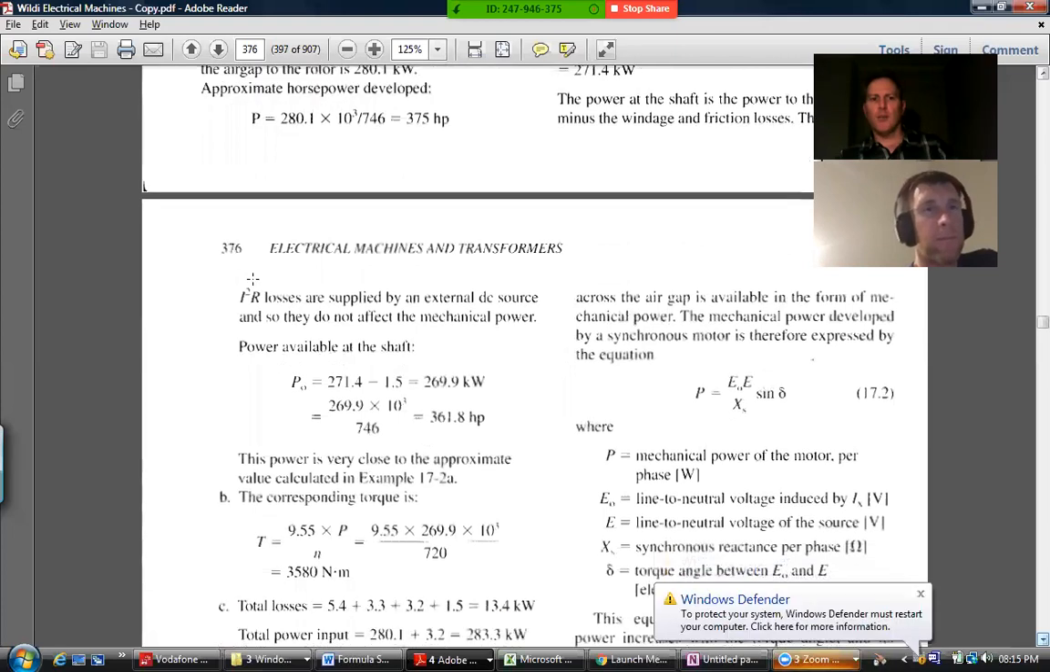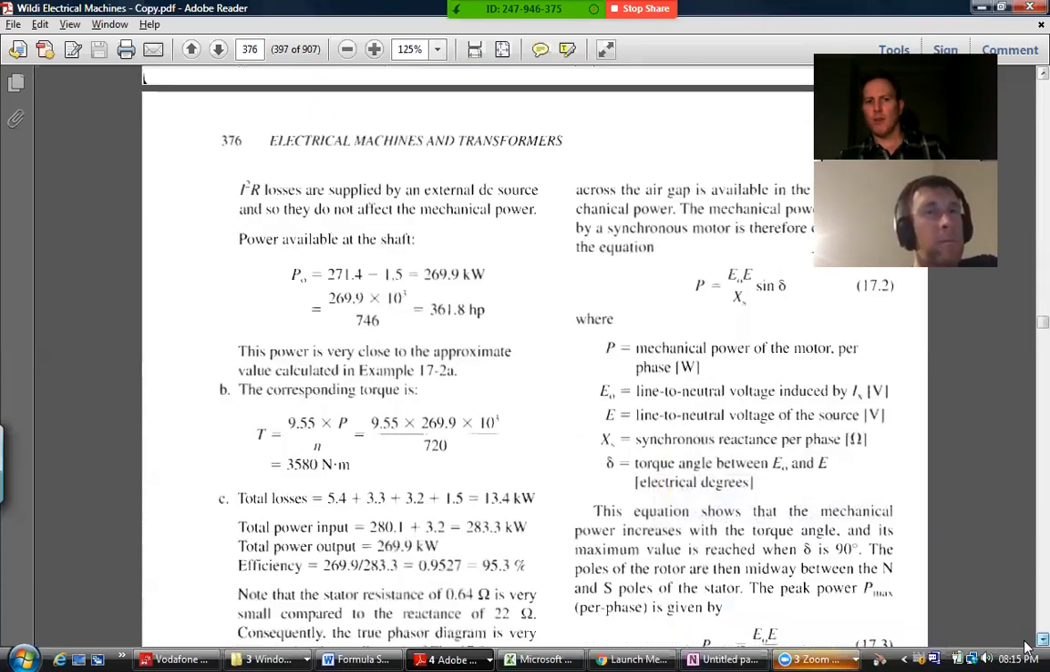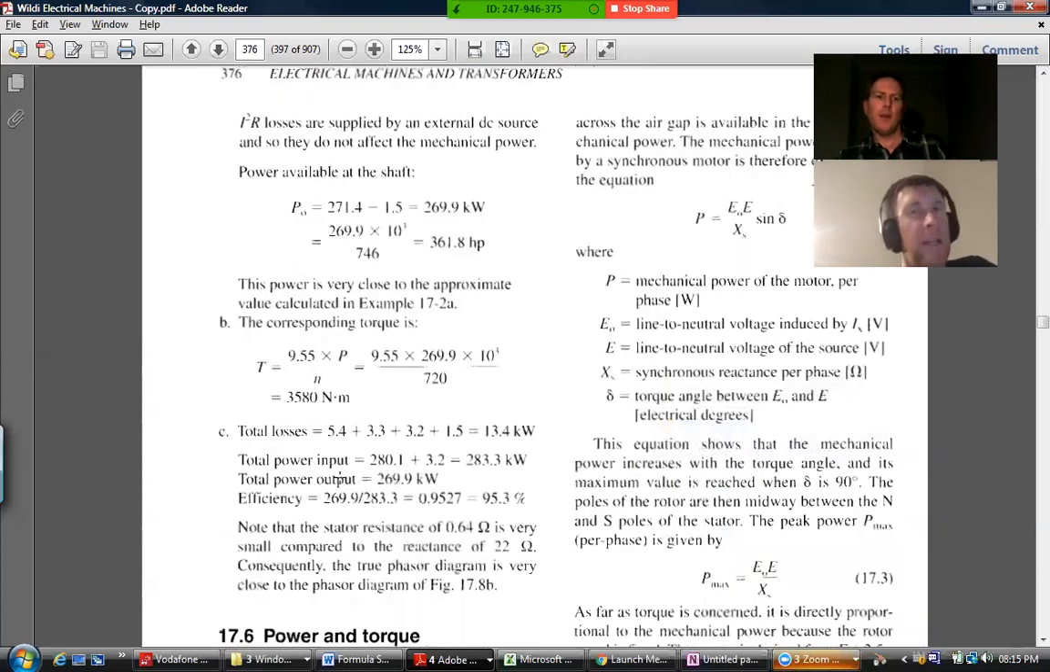This one here, the I squared R losses for the rotor are supplied by an external DC power, so they don't affect the mechanical power. So they won't come into the calculation for the power available at the shaft. But when you come to work out the efficiency, electrical efficiency, then you need to bear in mind that